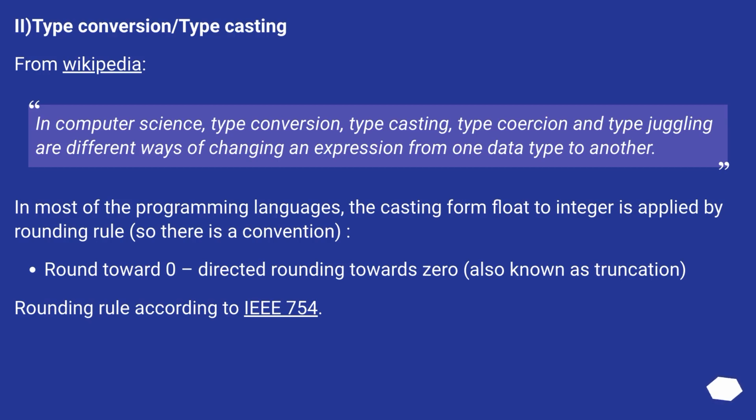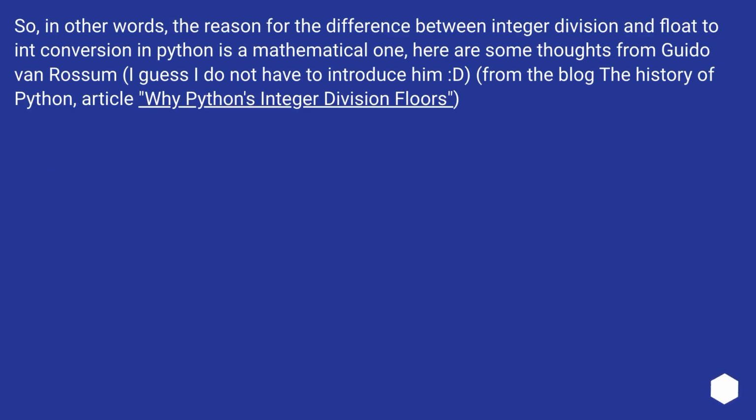Rounding rule according to IEEE 754. So, in other words, the reason for the difference between integer division and float to int conversion in Python is